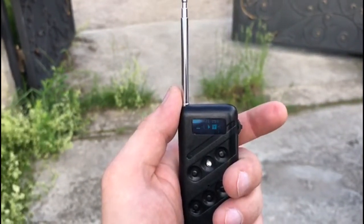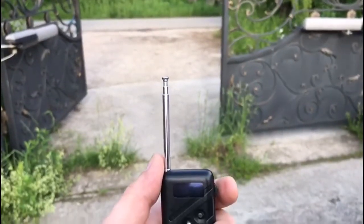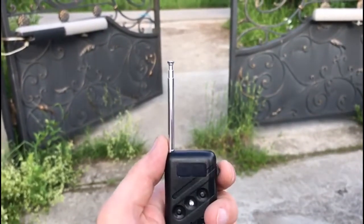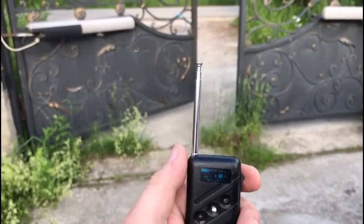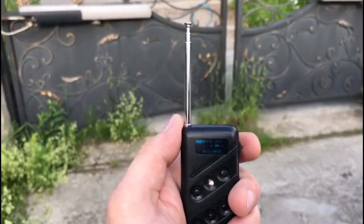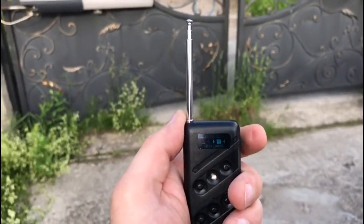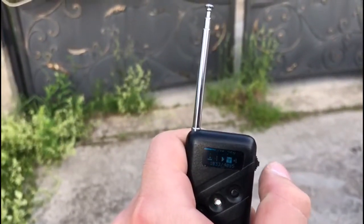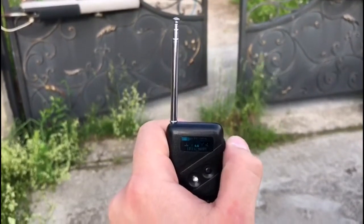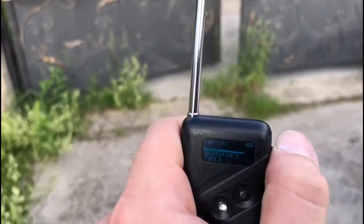If the correct code is entered, the gates start to close. Check the selected code by closing and opening the gates. Exit the brute force mode, enter the memory bank and store the code in the cell